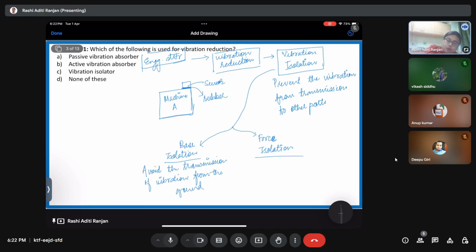Now, then we talk about force isolation. So, what is happening in force isolation? In this, what we are doing is we are isolating the component from unwanted forces. Okay,